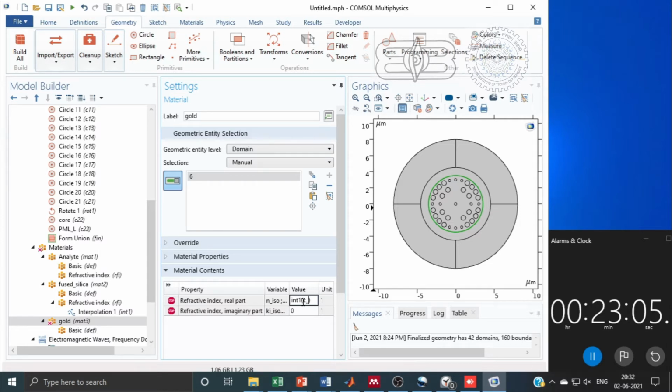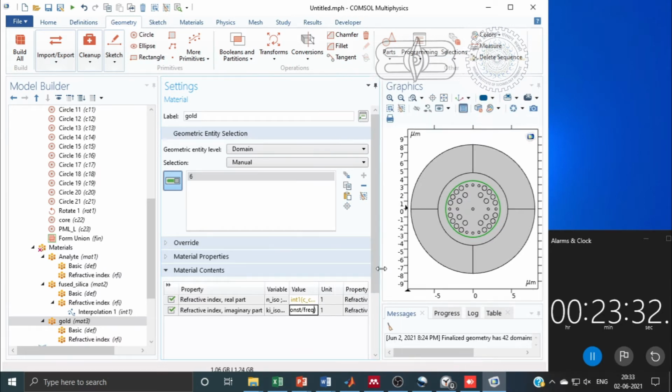Now first we will input the refractive index function, because before making the refractive index function we have to first enter it here. For gold we will use the Drude-Lorentz model, and the Drude-Lorentz model has a refractive index with complex parts, so it has both real and imaginary parts. That's why I have taken int1 and int2 functions.